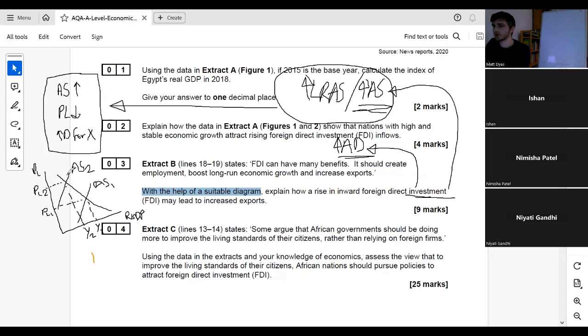I'm just using this very, very simple idea of shifts in aggregate supply or aggregate demand cause changes in the price level. That tells me what happens to trade and inflation, and changes in income. That tells me what happens to growth and employment. And for bonus points, you can also get some information on trade from the x-axis as well. But that's the essential idea here.